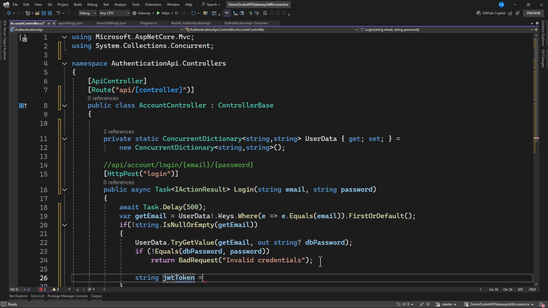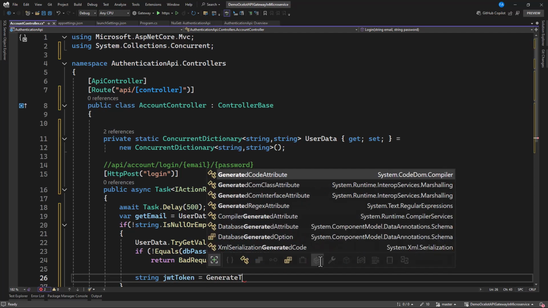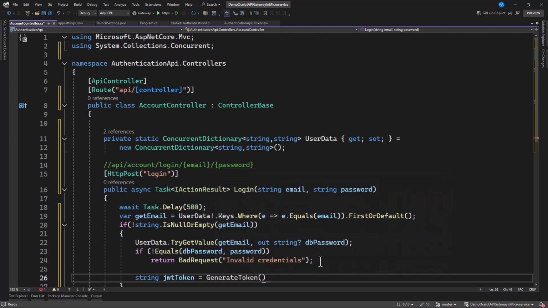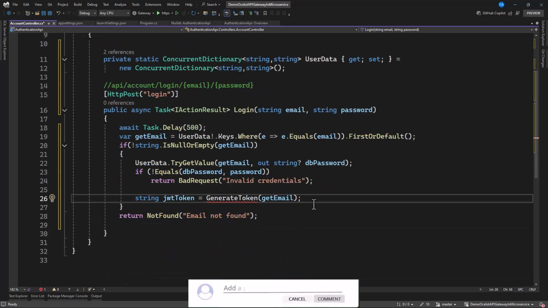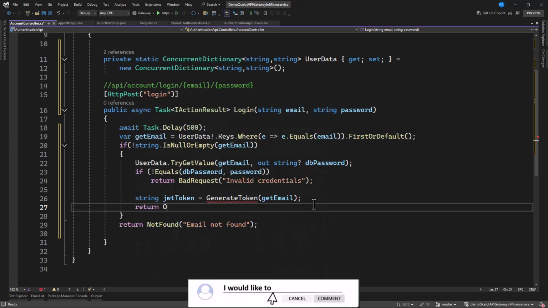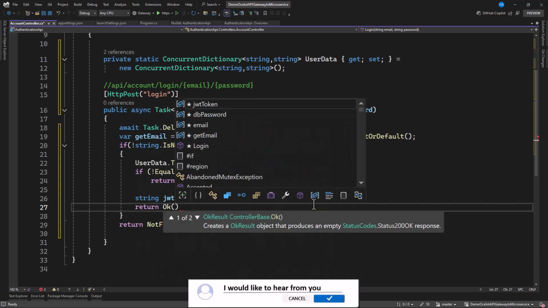So this is generate token. Now let's specify the email, so that is get email. We need to then create this method. Then after that, we can return OK with this JWT token in there, and now we are done.